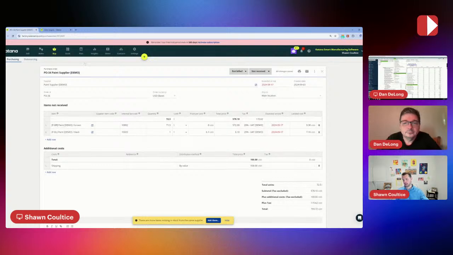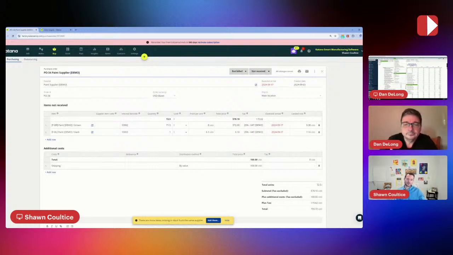So here's a purchase order for our paint supplier. I've got brown paint and black paint that I'm purchasing, just over 71 liters here and 1 liter here, and a unit price across each one of these. But I had some additional costs in pulling in and actually receiving that product that aren't relative necessarily to the individual line items that I'm buying. It's a separate cost, but I need that cost included in my line items to have an accurate cost of goods sold and an accurate moving average cost in